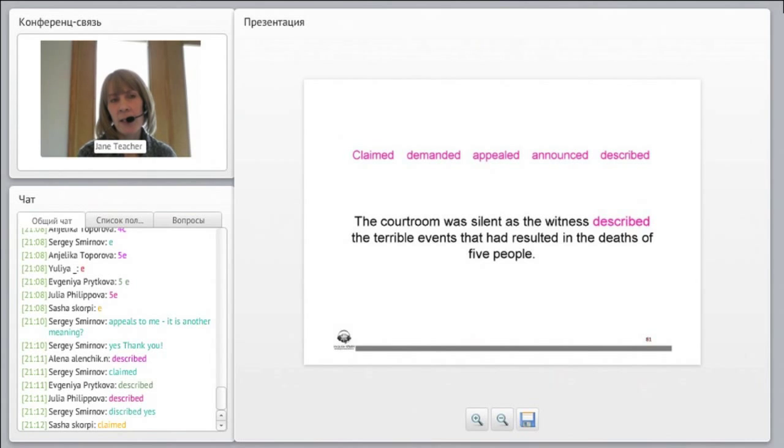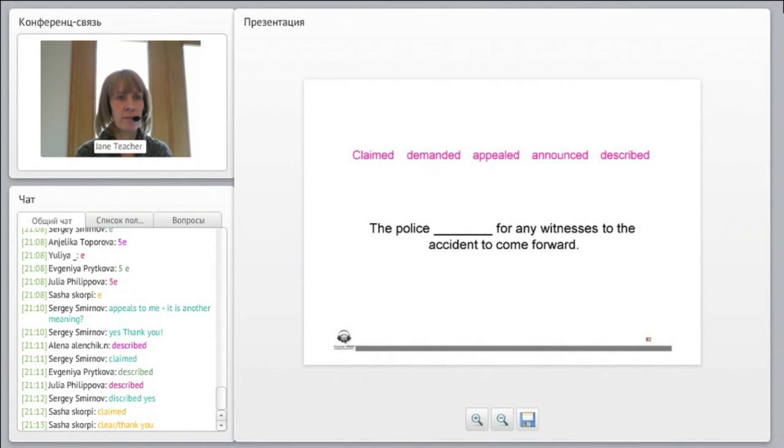If she was claiming something, it would be different. So claim means if something happened to me and I need to prove that something happened to me, I claim that he attacked me. But that's just saying that it happened. But if I describe it, I tell every detail of what that person did to me. So that's the difference between claim and describe. Describe is telling about all the things, like making a picture, like a mental picture of the event. And claim means to just say, this happened, and to make a claim.